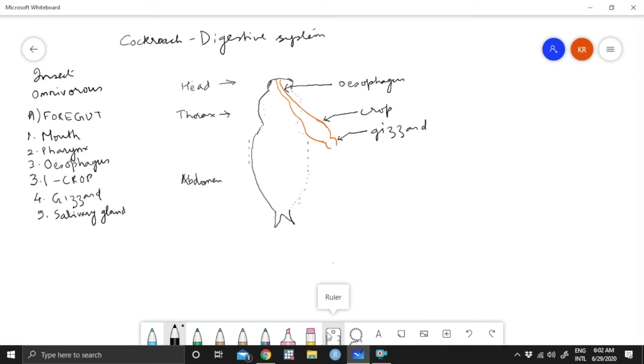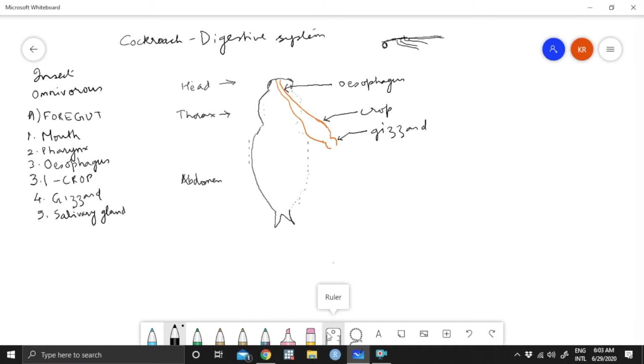The reason is that suppose you take a cockroach and make it lie horizontally and you are watching it horizontally. Let us say from here to here is the thorax, from here to the end is the abdomen. There will be legs over here. And this is the head. The mouth is lying at a right angle, at 90 degrees to the entire body. That is why you cannot see the mouth from here.